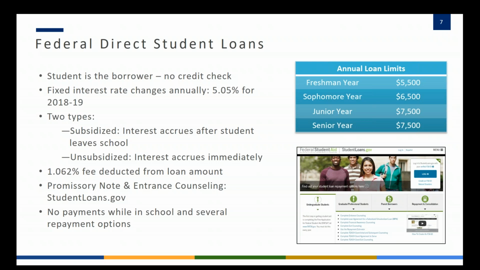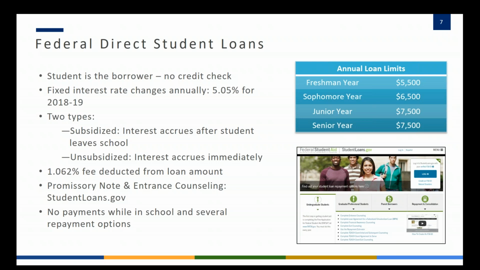So that's important for families to understand that this federal direct student loan is really the only loan out there that students can take out on their own without a cosigner and be able to defer it while they're in school. So those are the big benefits, is that they can help contribute towards the bill, have a little skin in the game. They can build credit by making payments on this loan on time after they graduate.